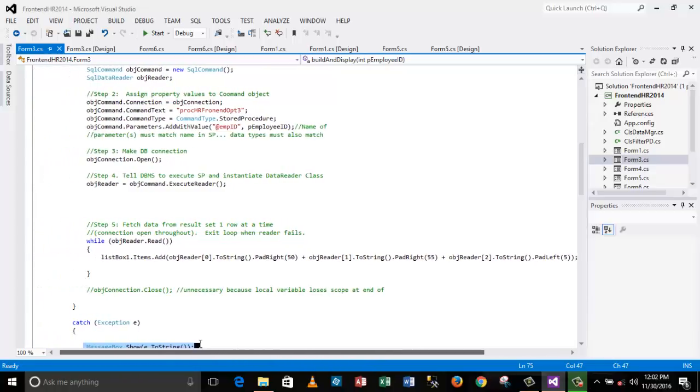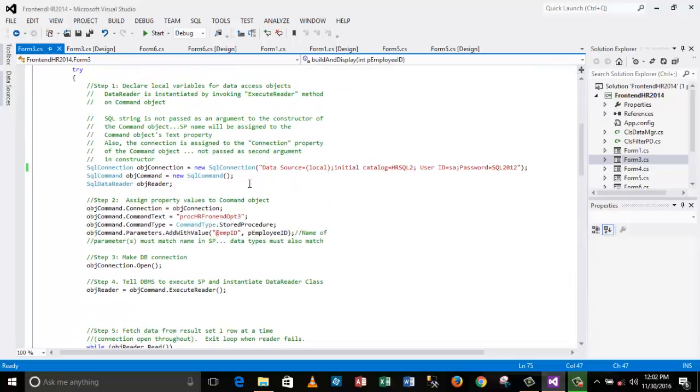And that means that my stored procedure, which is proc HR front end op 3, should involve a select statement with an inner join that's going to project 3 columns. So again, that's proc HR front end op 3, and if I launch SQL Server,